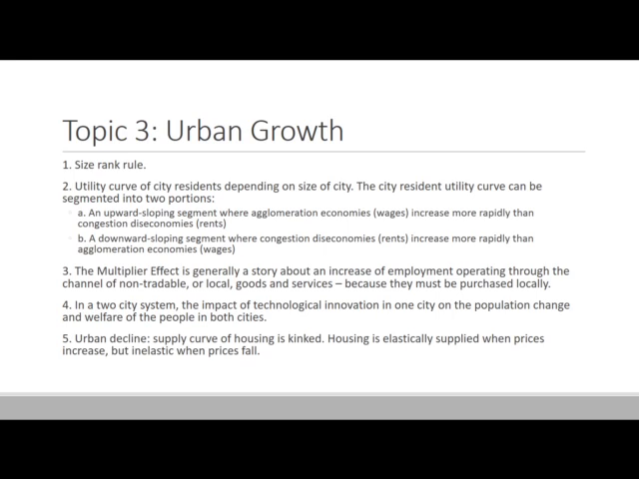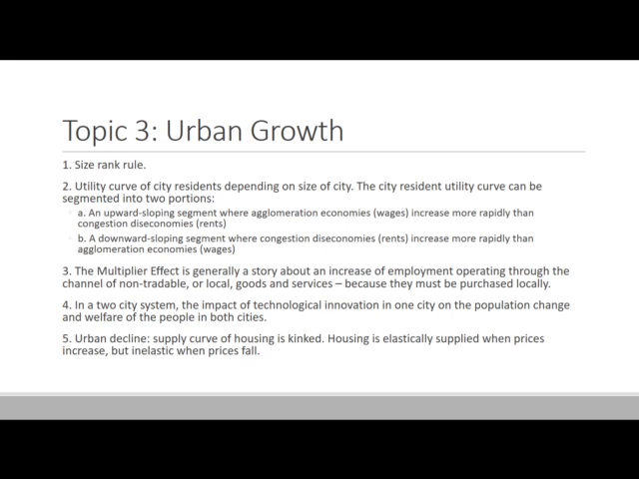create indirect employment. Okay, and the fourth knowledge point is about the impact of technological innovation on urban growth. In particular, we consider an example in a two-city system, right? So at the beginning, the two cities are exactly the same. They also have the same equilibrium population size, but then suddenly one city gets technological innovation, so the utility curve of the residents of the city shifts upwards, and after that,